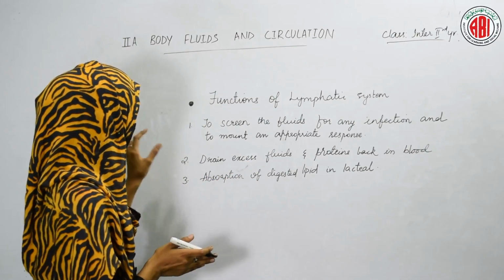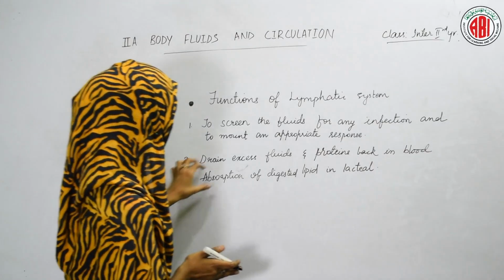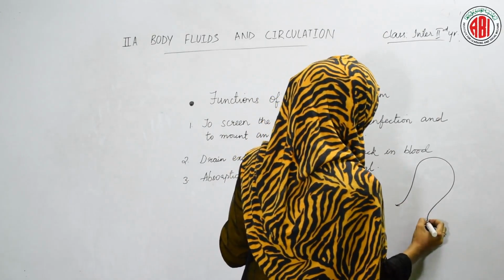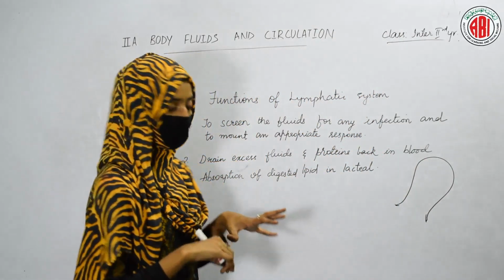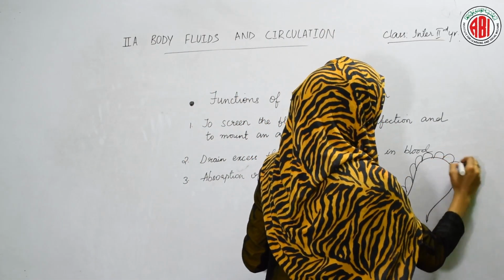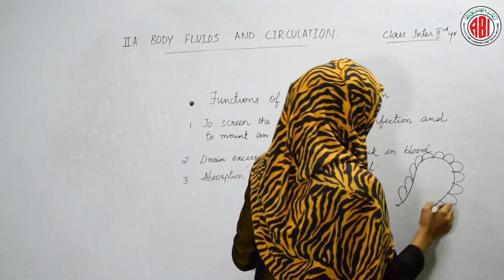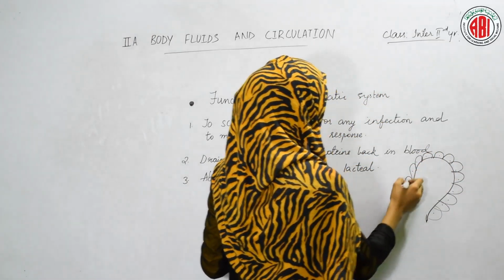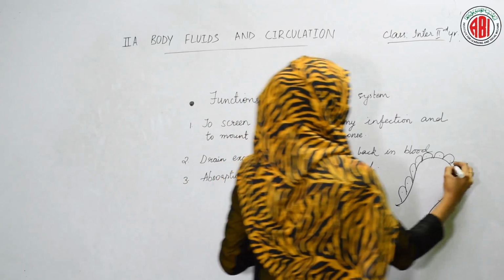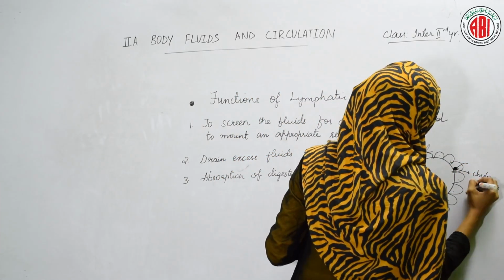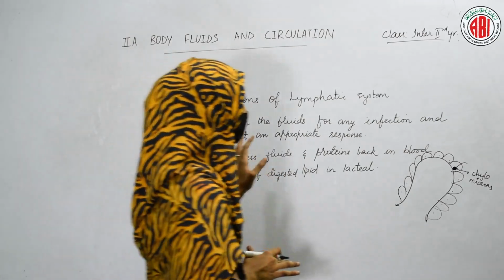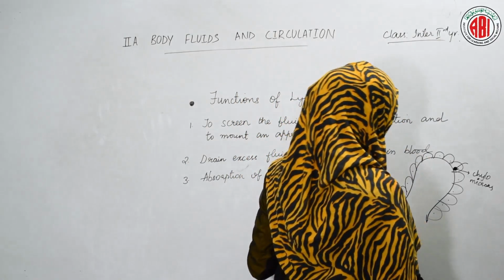It also helps in the process of absorption, particularly the absorption of digested lipids in the lacteal. We have seen that in the small intestine, villi are small projections that help in the absorption of different nutrients. Over the villi, some specialized cells are present, designed in this way, and they can absorb fats and lipids, which are called chylomicrons. Chylomicrons are fats over which a proteinaceous layer is present. So fats and lipids are absorbed by the cells of the villi.